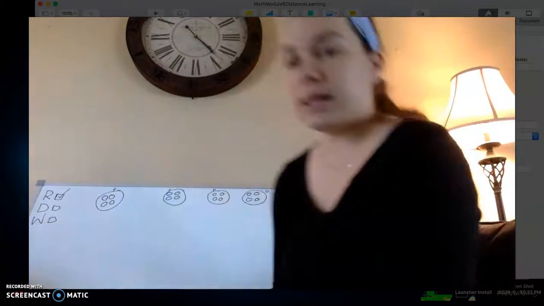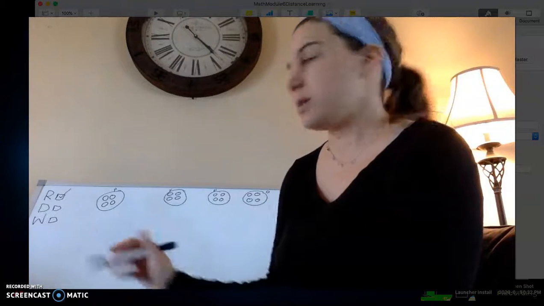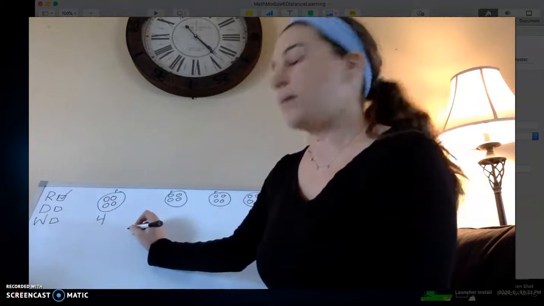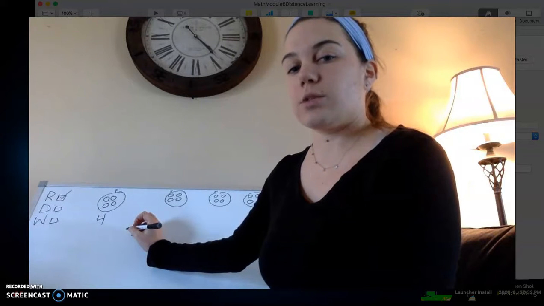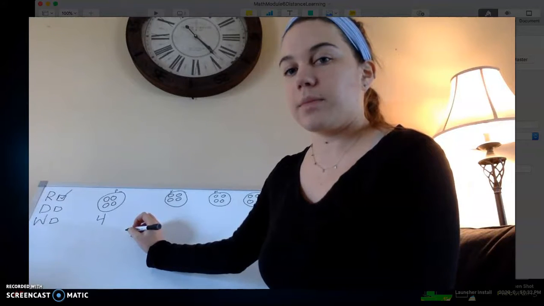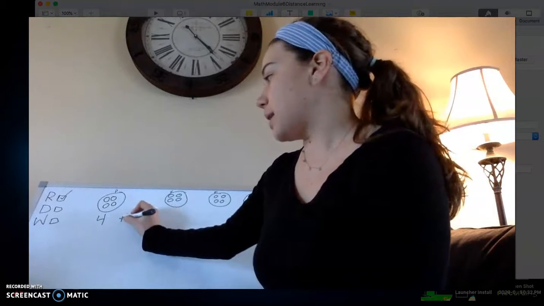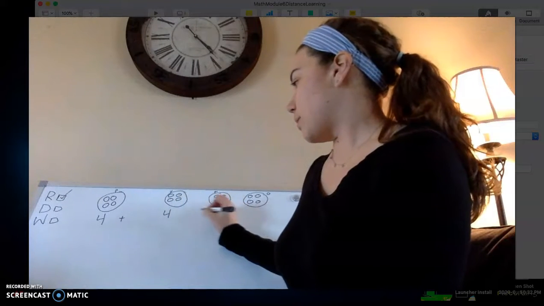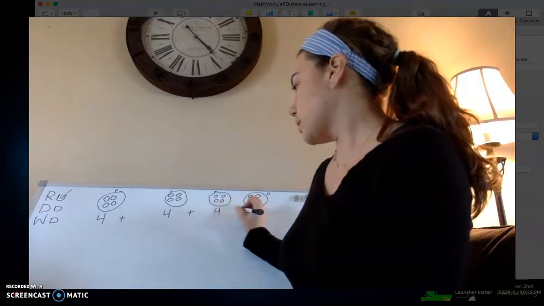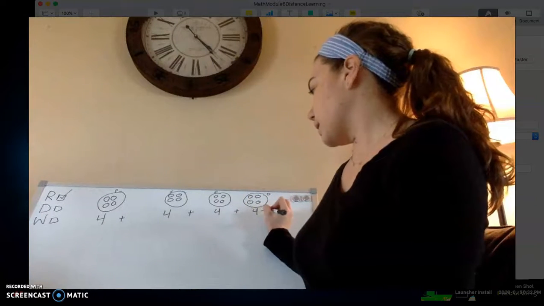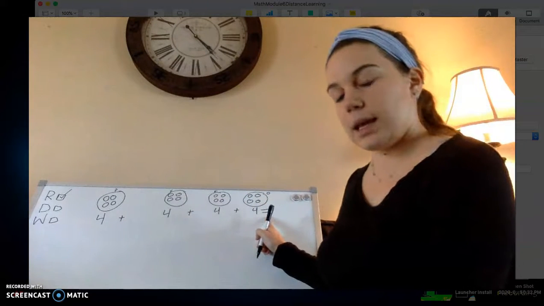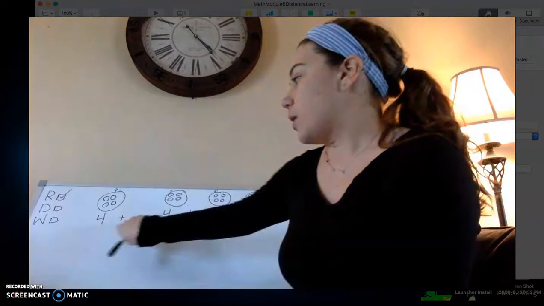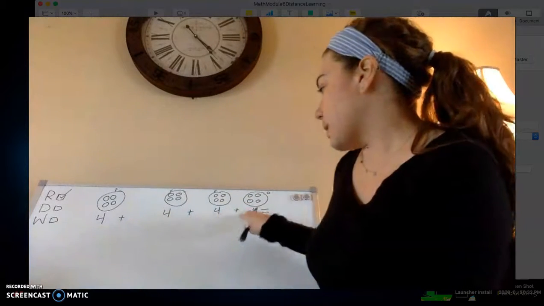So let's write our repeated addition sentence to match this. So how many were in this one? Good, 4. Remember, are we using an addition sign or a subtraction sign? Good, our addition plus sign. Now we got to add 4 more. And we have 4 here. And also 4 here. Don't forget your equal sign at the end. So when we add 4 plus 4 plus 4 plus 4,